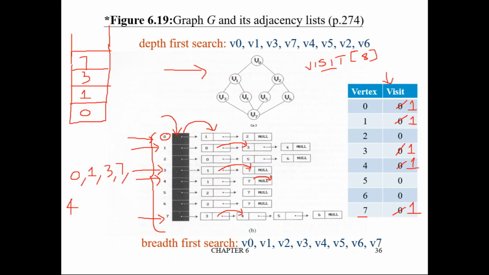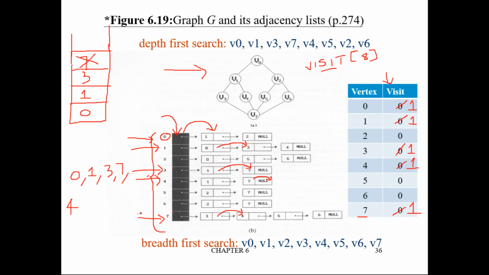So whenever you are passing through a particular adjacency list entry, node by node, if you encounter a null, what you have to do? You have to pop. Now we encountered a null. After 7, there is nothing. We are currently in which vertex? The fourth vertex. After reaching the 7th node, there is nothing, so you pop. Pop means 7 will come out, which means now our control is transferred from 4 to 7.